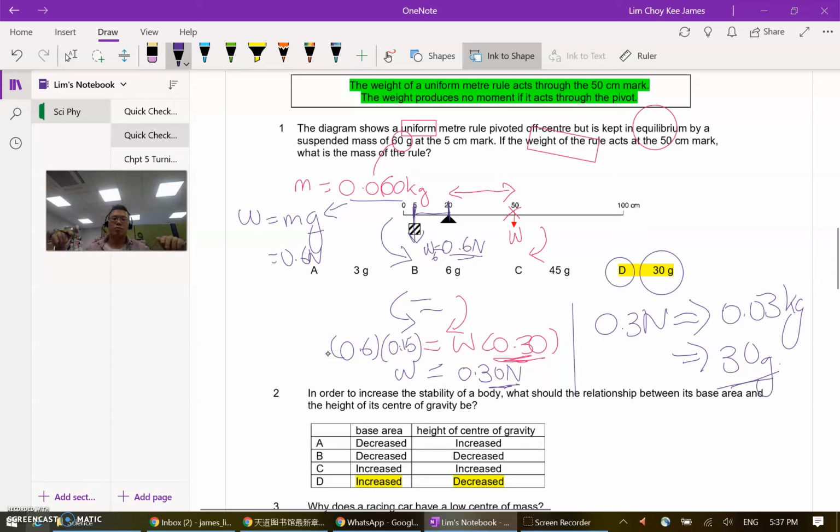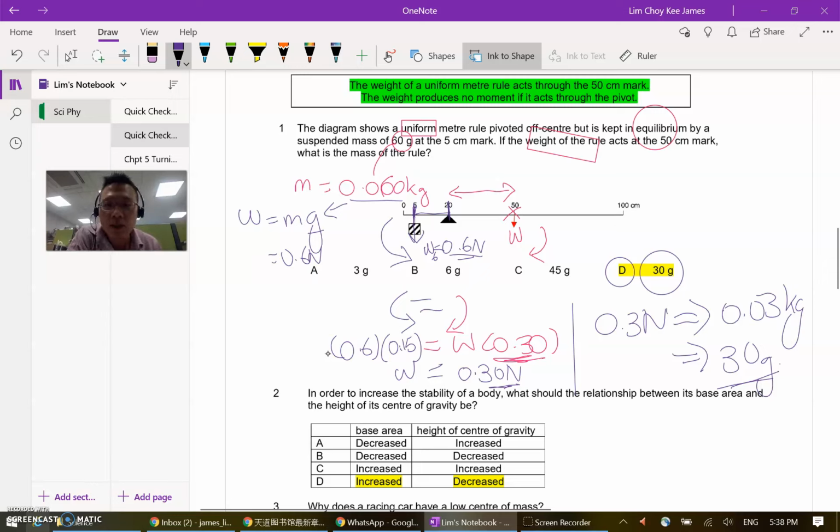So this is the same approach that we are using, whereby you have the clockwise moment and anti-clockwise moment. After that you look for the perpendicular distance, and then you equate both moments together, because the question says it is in equilibrium. I hope this clarified most of the doubts, or all the doubts you have on